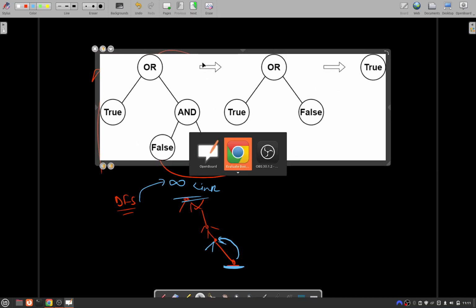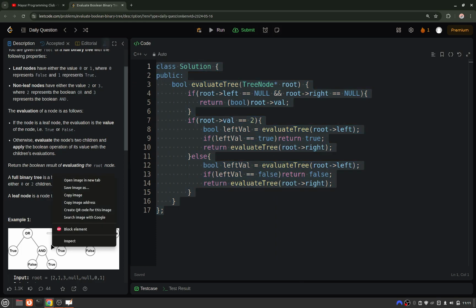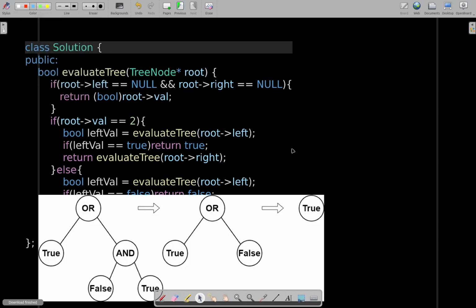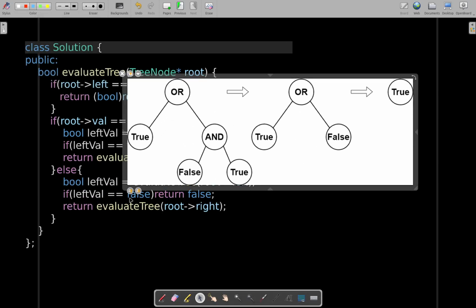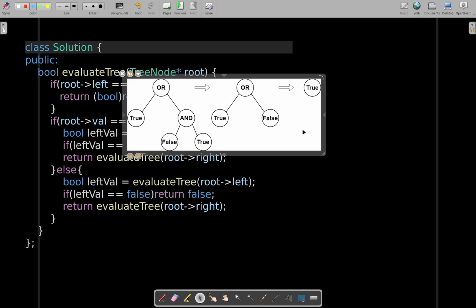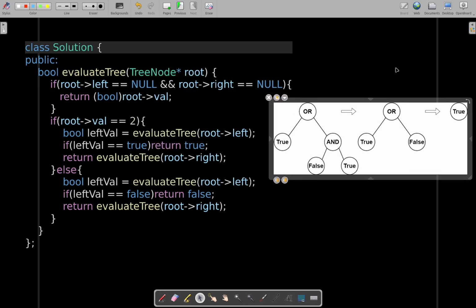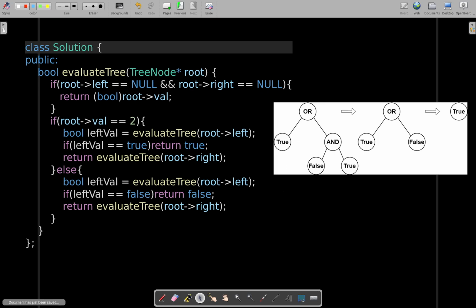How to copy it? I think we can take it from here. Yeah, now it's fine, and let's reduce its size. Yeah, it should be visible enough now. So what we will be doing, starting from the very root of the binary tree, you will go down till